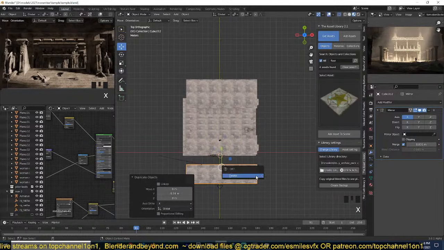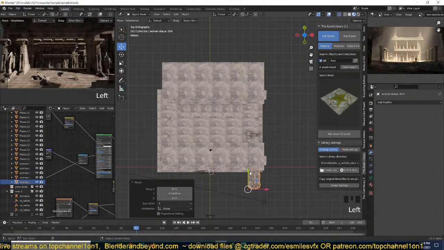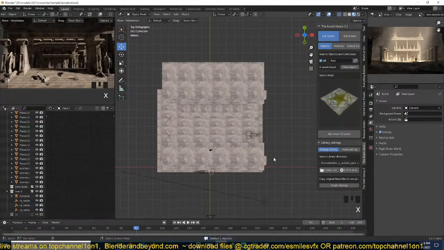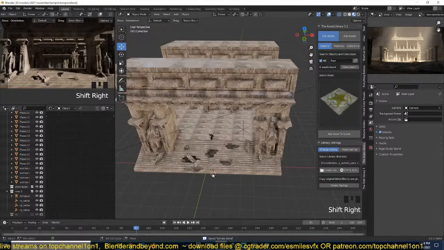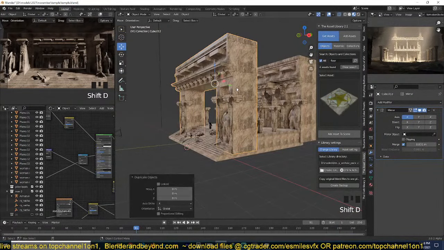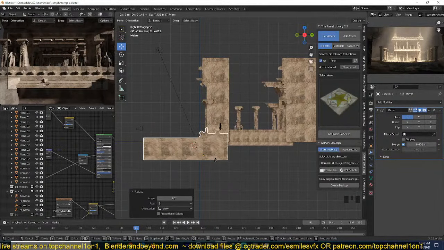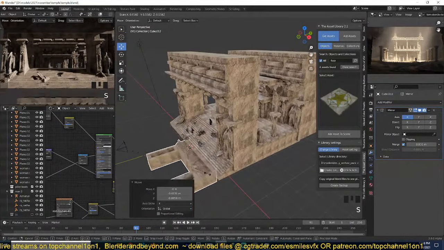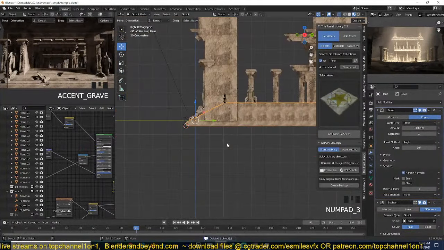Just so we can frame. Maybe let me grab this. Maybe it will give us a very interesting shadow. I'm not sure. Let me see if I grab this piece, rotate it. Doesn't seem to work. Just going to grab these steps, duplicate them,